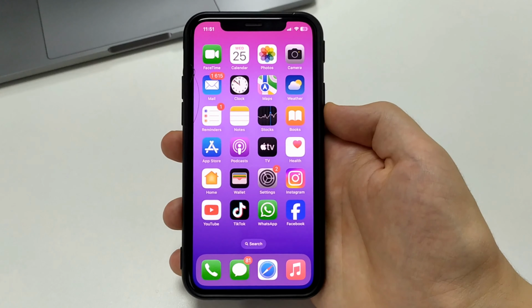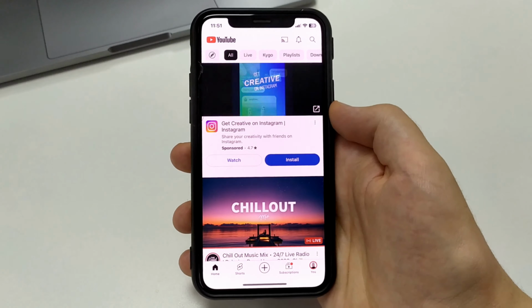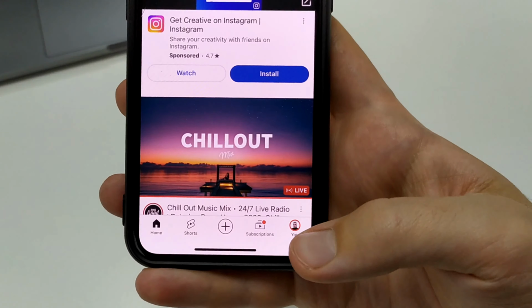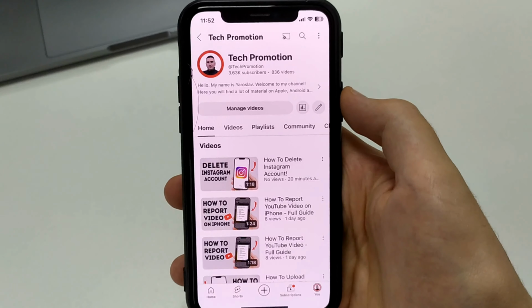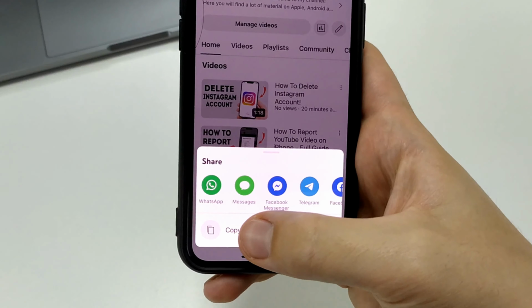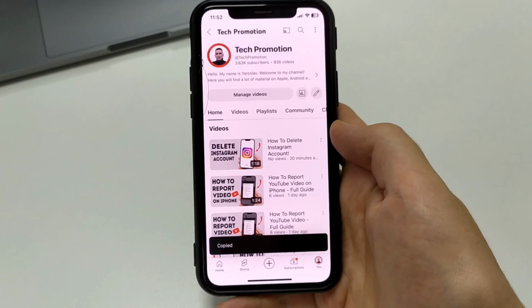To do this on your iPhone, you need to go to the YouTube app. Next, in order to copy the link, in the bottom corner will be your profile, as you can see at the bottom. Click here. Click on your account. In the upper right-hand corner, there are 3 dots. Tap Share, and here you click Copy Link. And then you can copy the link to your account.